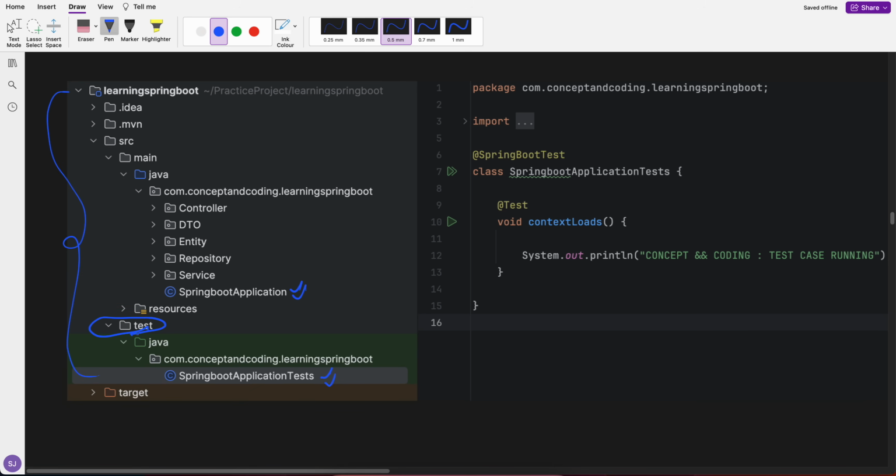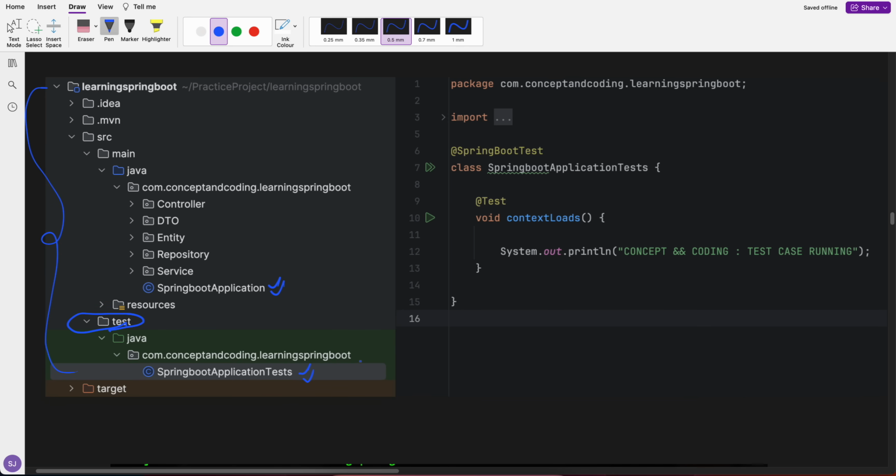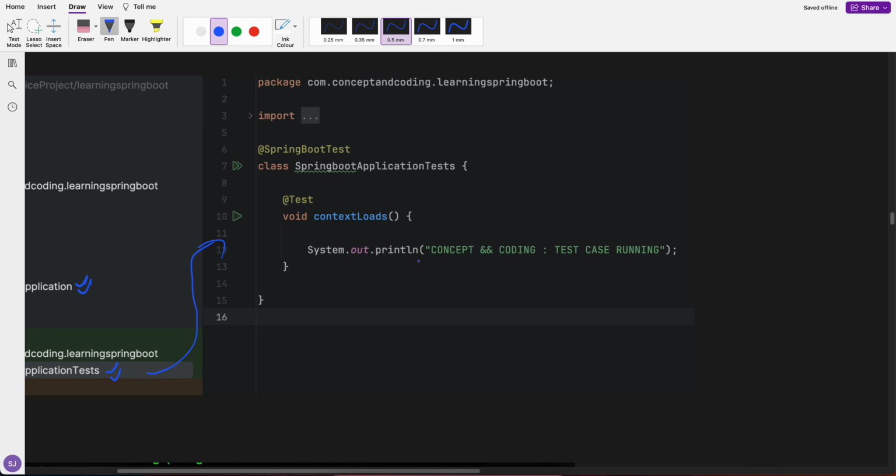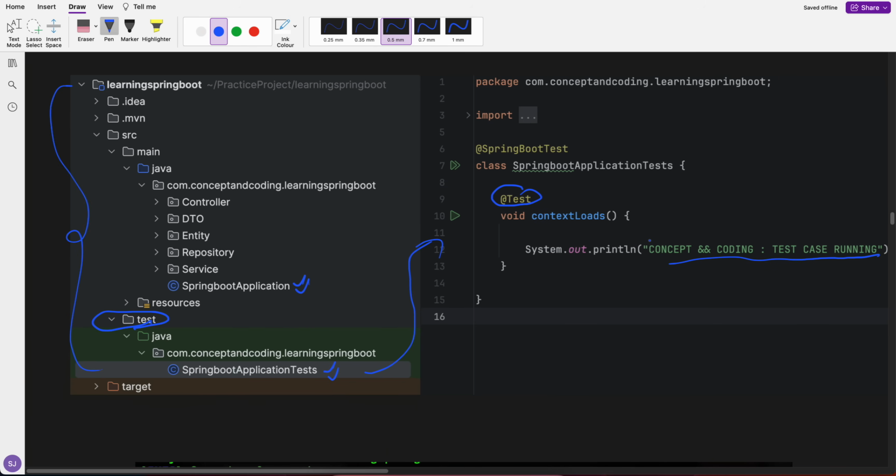I have already told you this is the structure of Maven. Inside this test class, let's say I have written one unit test case. I have just simply written System.out.println "concept encoding test case running". Now I am running